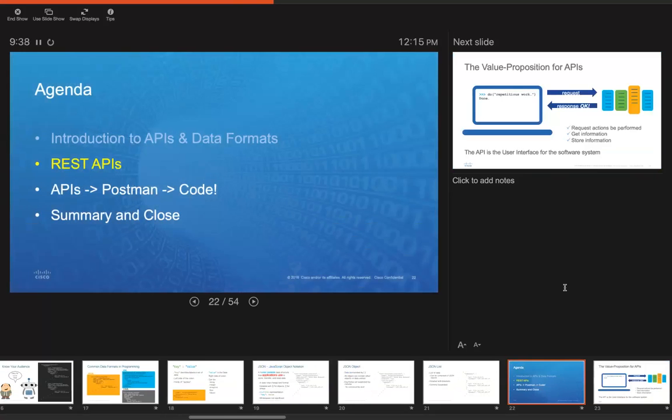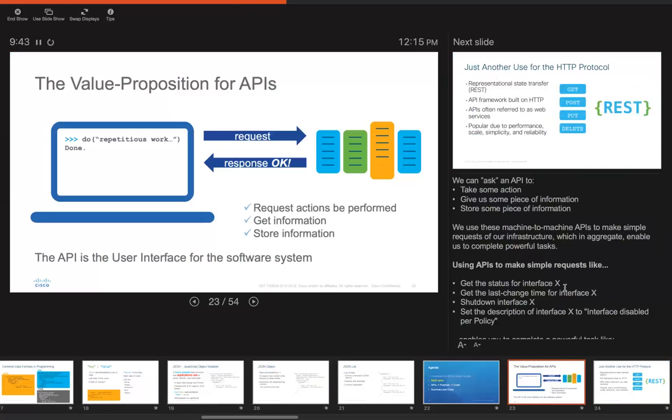Let's move on to what REST APIs are. As we said before, within APIs, we are sending out a request, this text that goes out, requesting some information or requesting to put some information out there, and we're going to get a response back. Again, that response is more text coming across this TCP/IP connection.